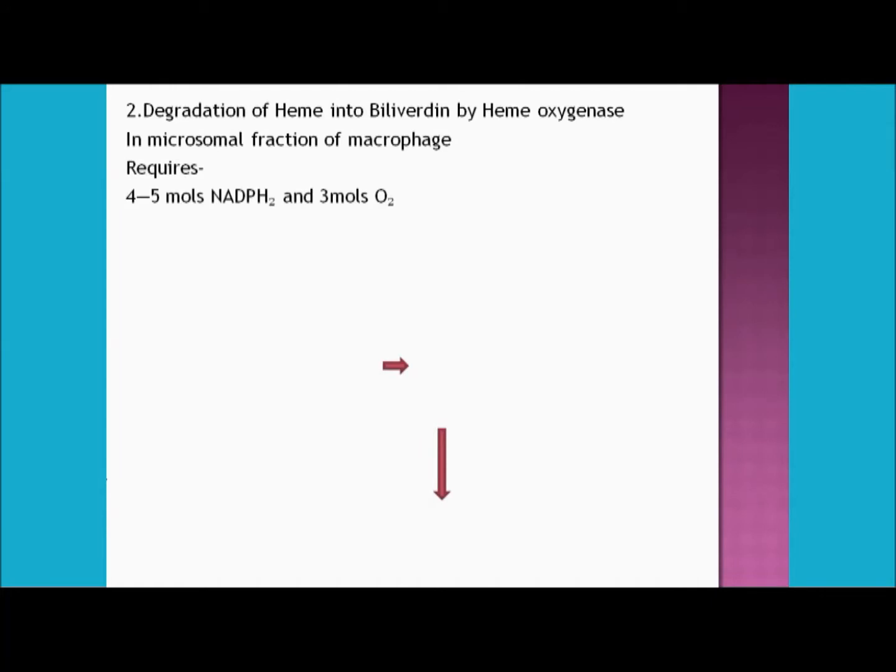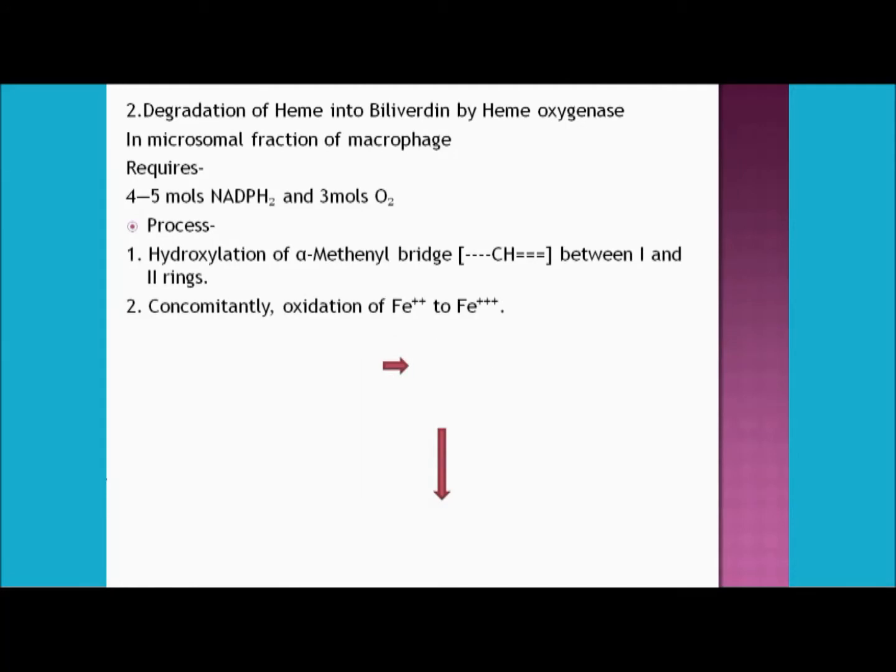and 3 molecules of molecular oxygen. Moreover, the process is the hydroxylation of the alpha methylene bridge between the 1st and the 2nd ring. The next step is the oxidation of the iron, right? The third step is the oxidation of the C of the methylene. C means the carbon of the methylene bridge into CO, and finally this particular bridge of the carbon breaks